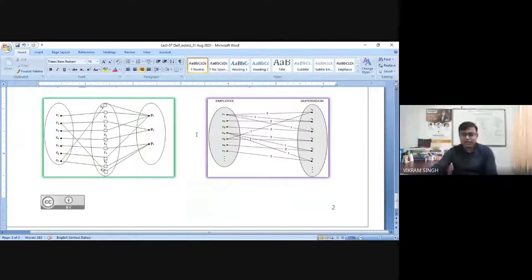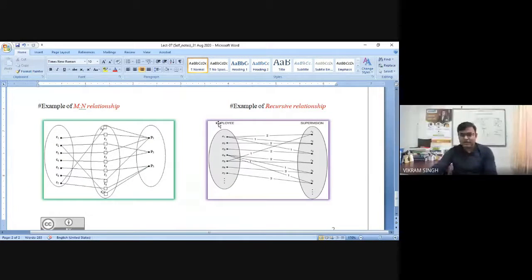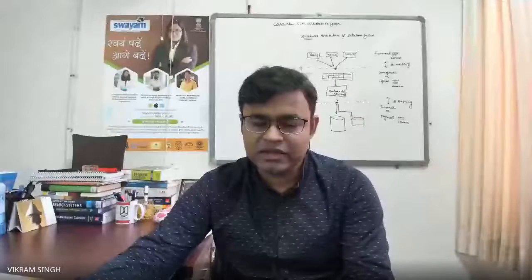And there is this 4th type of relationship which is called recursive. Recursive means या तो बार बार होना होता है, self call ही होता है, उसी को recursive बोलते हैं, I think. So this specific type of relationship is referred to as a recursive relationship because